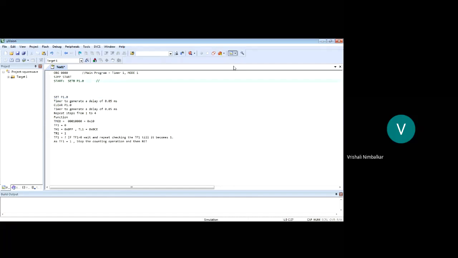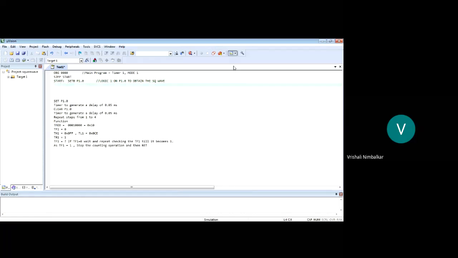The comment is: set logic 1 on P1.0 to obtain the square wave. Next we will call that timer function. So let me write LCALL and let the name be timer005, because we are generating a delay of 0.05 milliseconds.